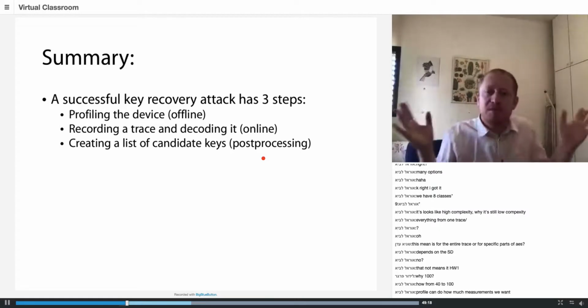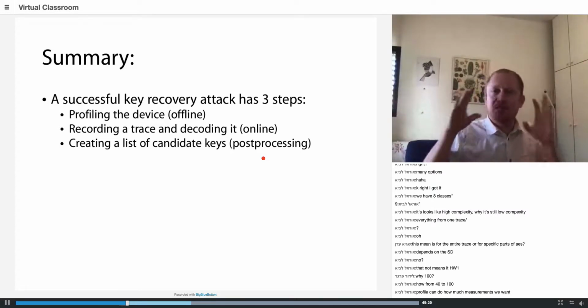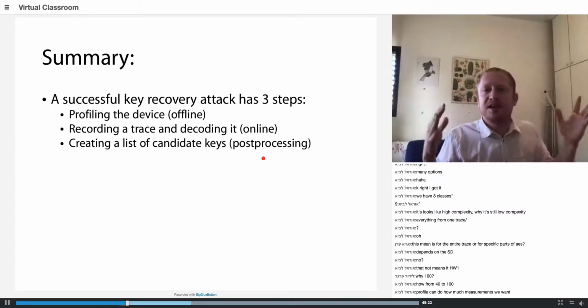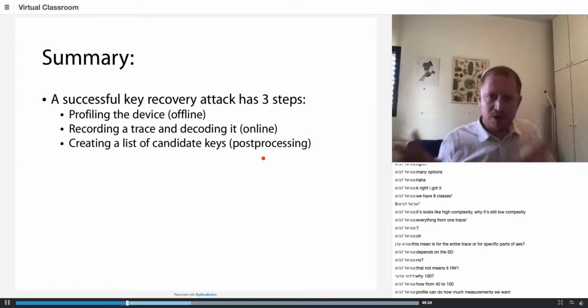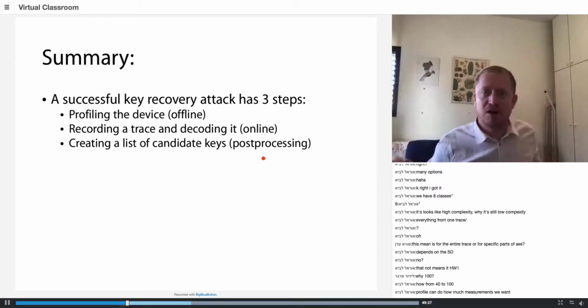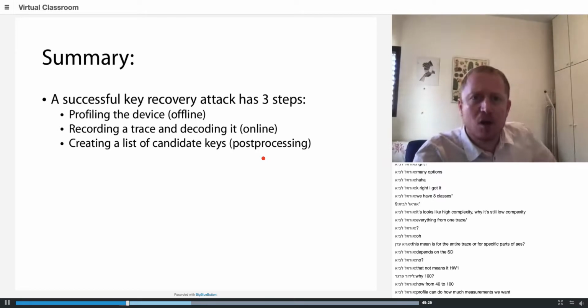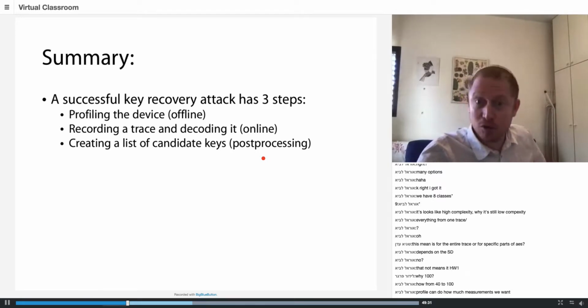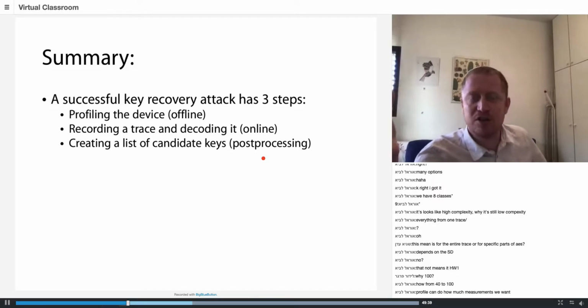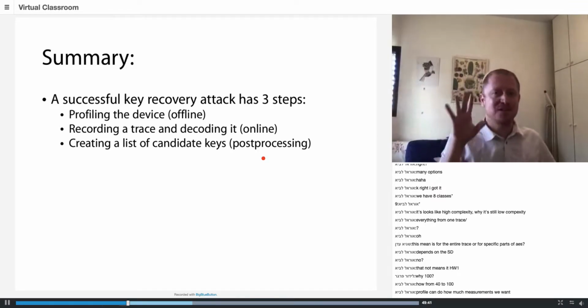Profiling, you know, on how many measurements we want. We have a device. We can run whatever code we want. We can profile as long as we want. Fine. So if you understood everything I told you, you are geniuses. It took me a long time to understand this as a student. But I hope what you understood here is that simple power analysis is not so simple, but